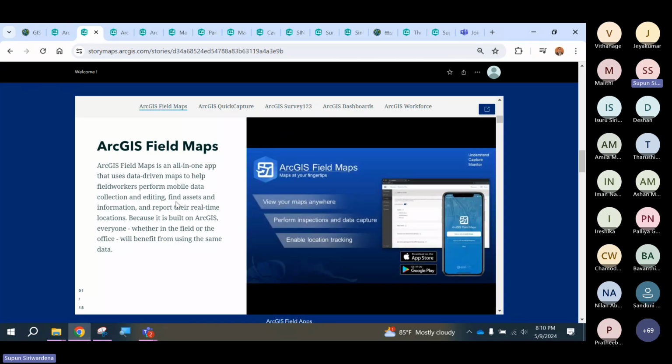The first one is ArcGIS Field Maps. It's a mobile application. It can connect with the web map and collect data. So if we have point, line, polygonal data in a web environment hosted in a portal, this app can connect with that and collect information in the field. So this can be used for general data collection using our smartphones or tablets, and also high accurate data collections